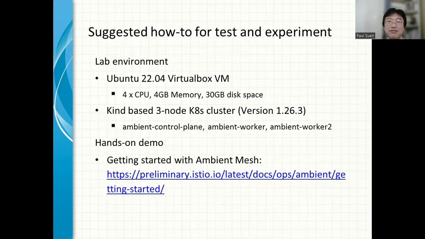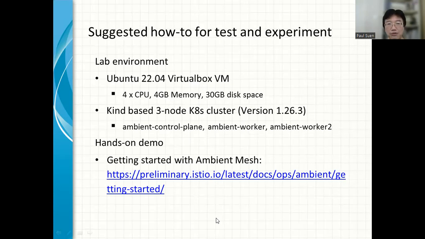So now we come to the subsection of a hands-on lab. First, the lab environment is based on an Ubuntu VirtualBox VM. And on this VM, we deployed a kind-based 3-node Kubernetes cluster.